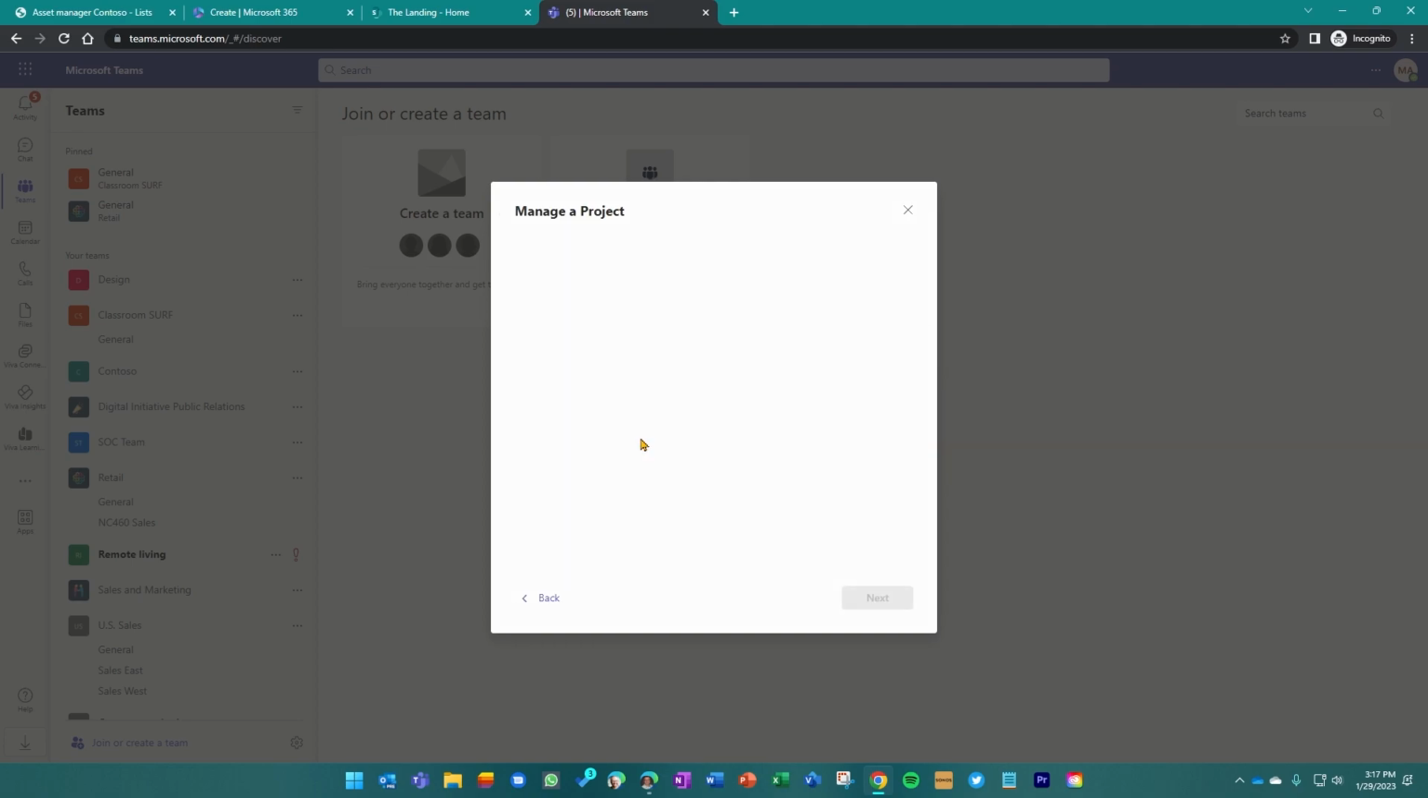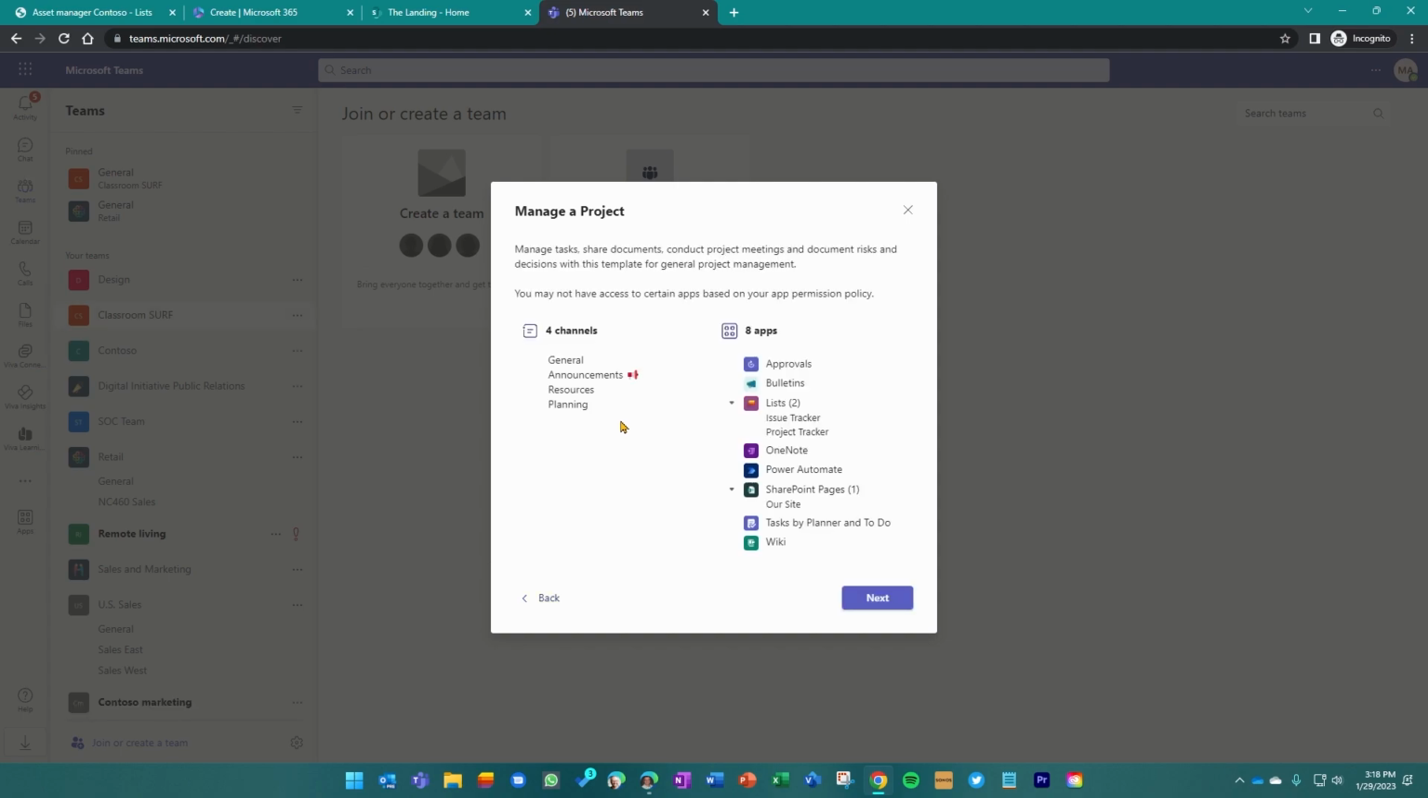I'll get a peek ahead of what actually is going to get created. So it's not just a Microsoft Teams team that gets created. You're going to get a number of different things automatically pre-populated, multiple channels, and 8 apps that are basically showing up as tabs. And if you see here, you've got 2 lists that are going to get created as part of this connected template, manage a project. You're going to get an issue tracker list created and a project tracker list created, amongst all the other things that you see here,